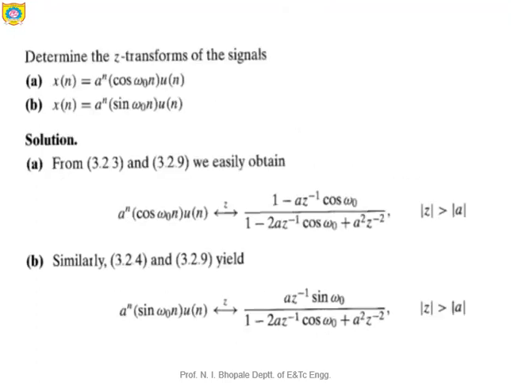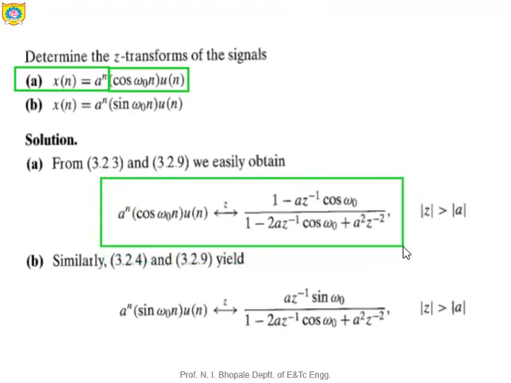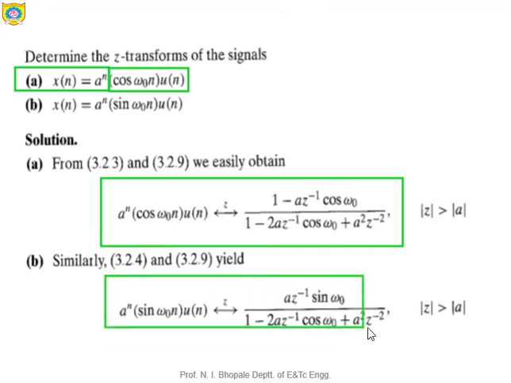Now let's concentrate on the next example. In this next example, the same kind of pattern is simply multiplied by a scalar quantity, that is a raised to n, and the rest of the term is the same. So just apply the scalar property of z transform, where a raised to n x of n results in the z transform X of z by a, or X of a inverse z. So the same property is applied over here and it results in this particular output. Similarly for the second case, this is the output we will get.